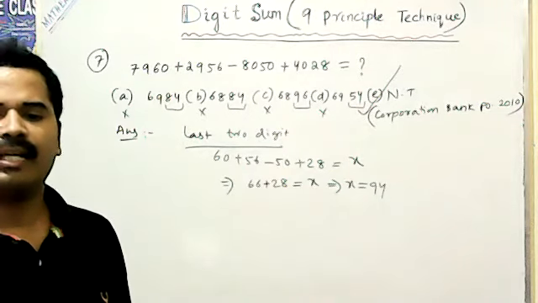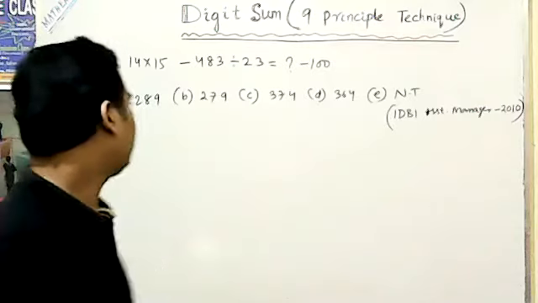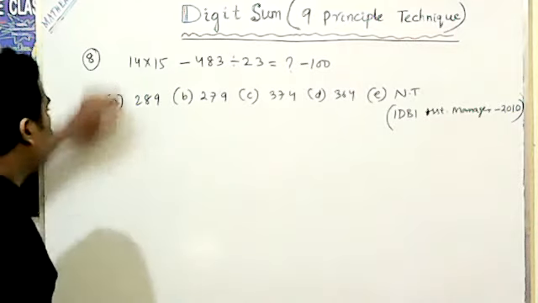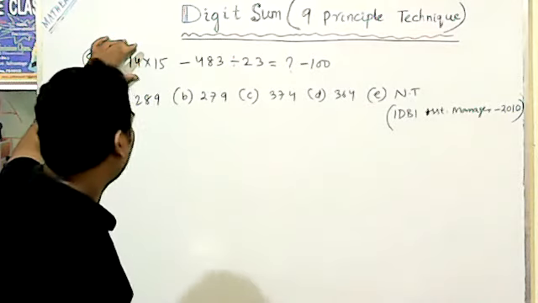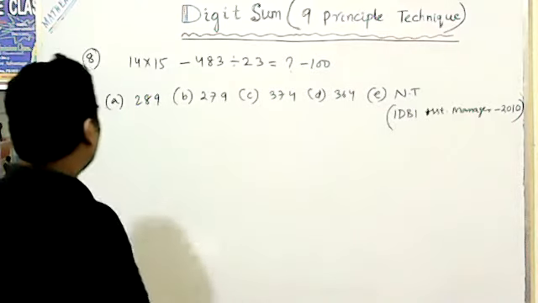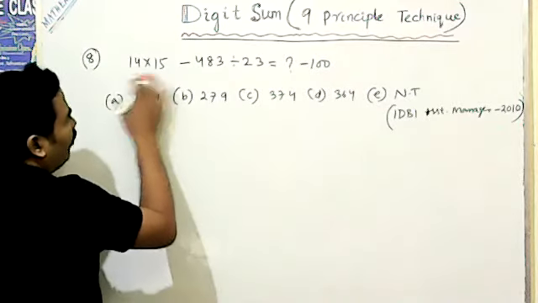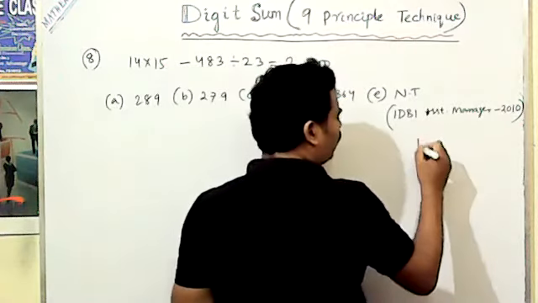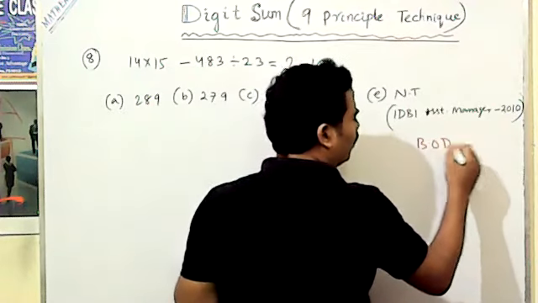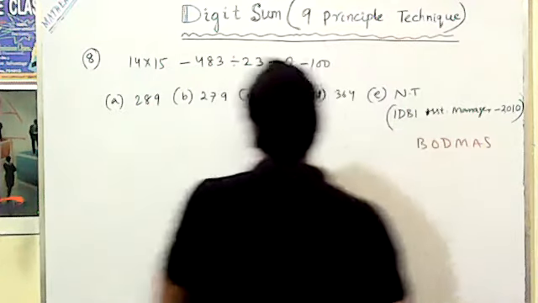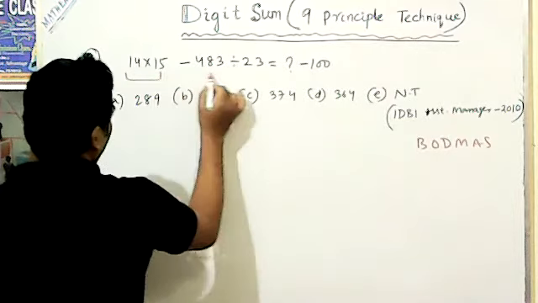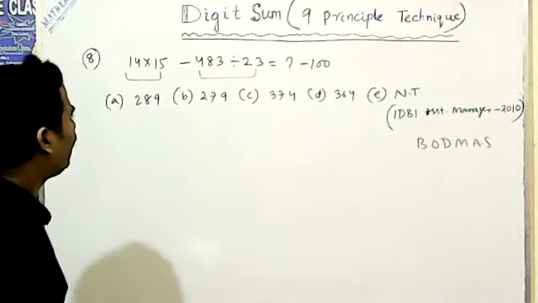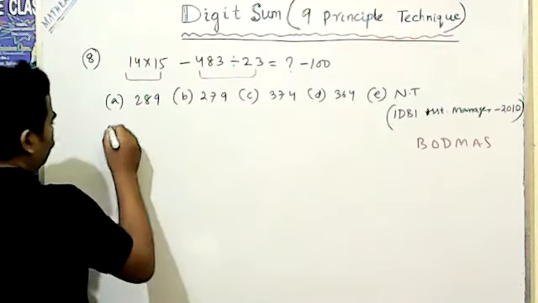So similarly, take another question. First of all, you take the question. What does the question say? By using this question, here you can apply the digit sum technique. Here the multiplication concept is there. Here multiplication, subtraction, division are there. So all these concepts follow the BODMAS rule. You can apply that rule, so the pairwise concept comes. After taking that pairwise concept, think about what answer comes.